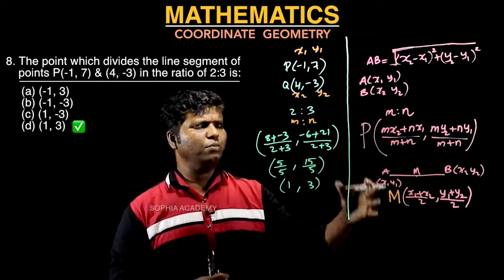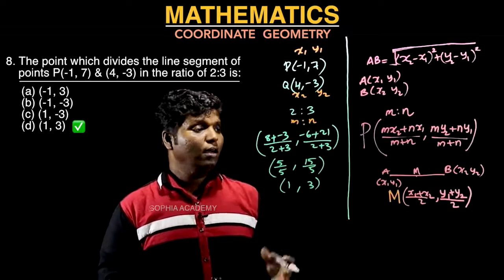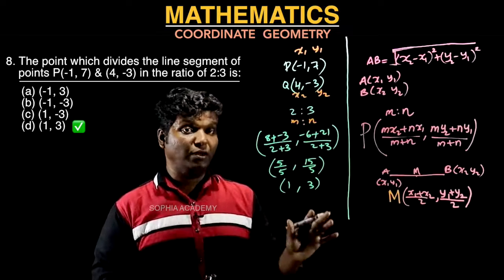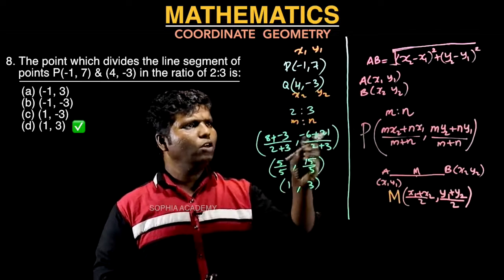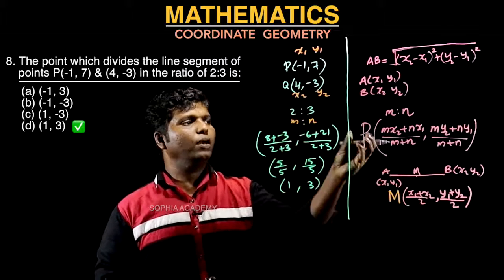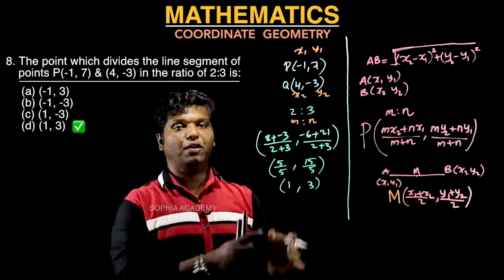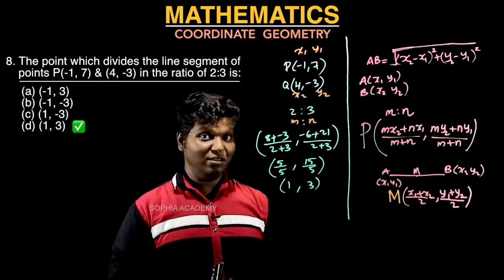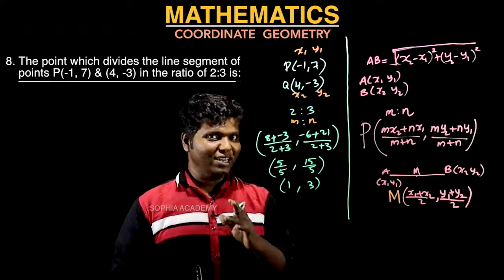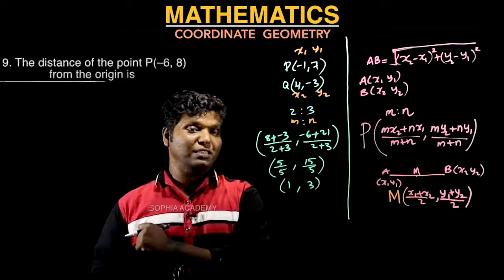So like this, without doing lengthy steps and going further like that, you just drop the values one by one. If you write like this, you can understand from the equation, drop them in, and find the answer. That's the way to do this easily. Hope you understood, right? Okay, coming to one more question.